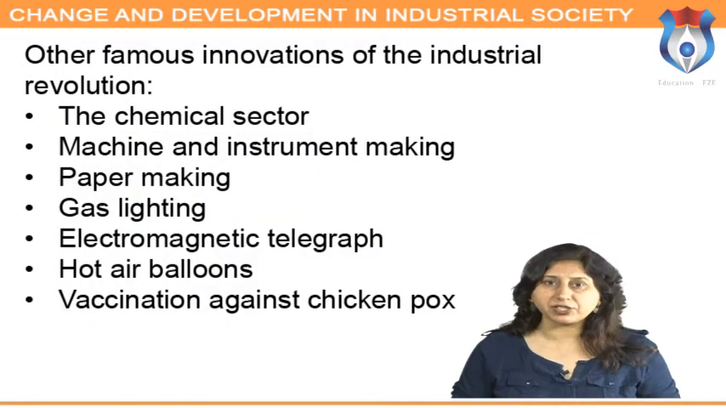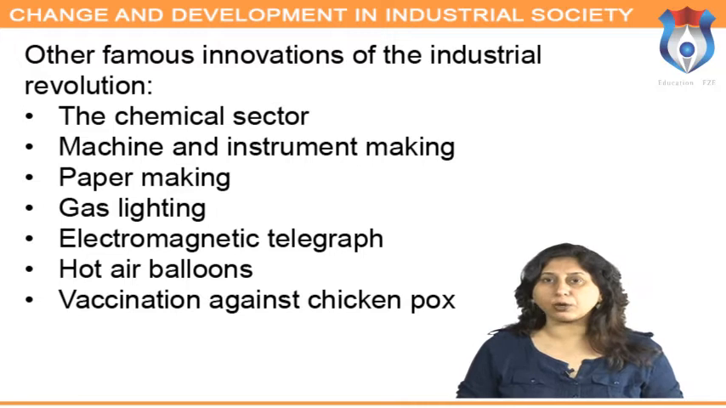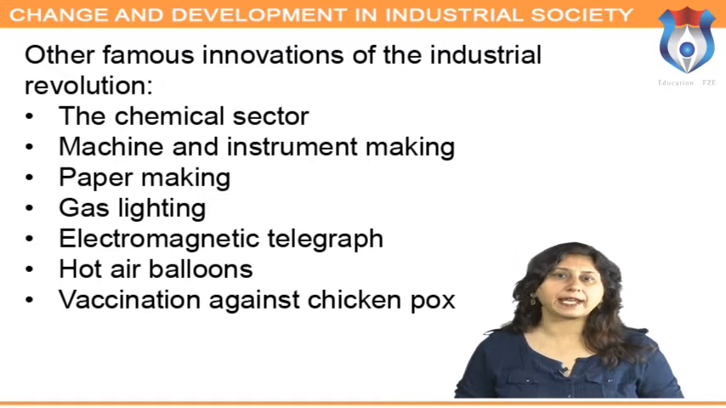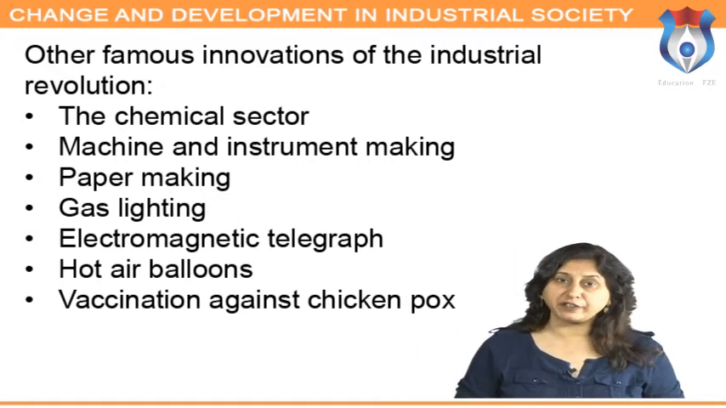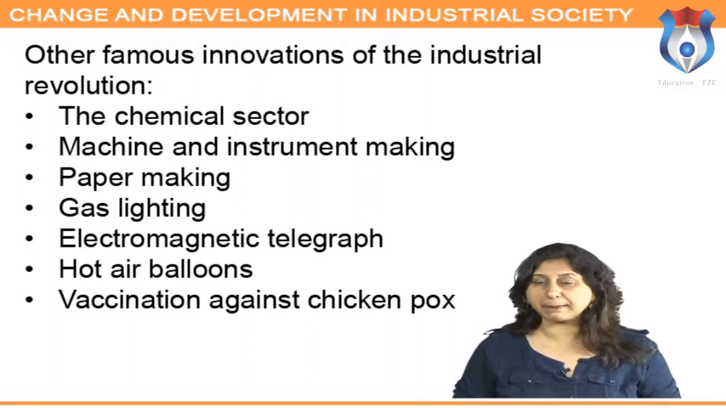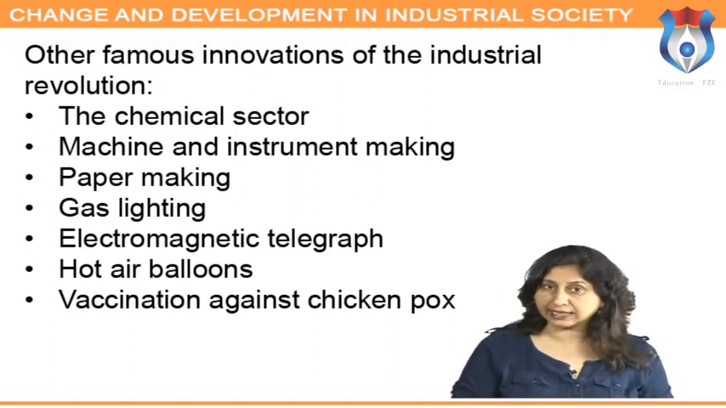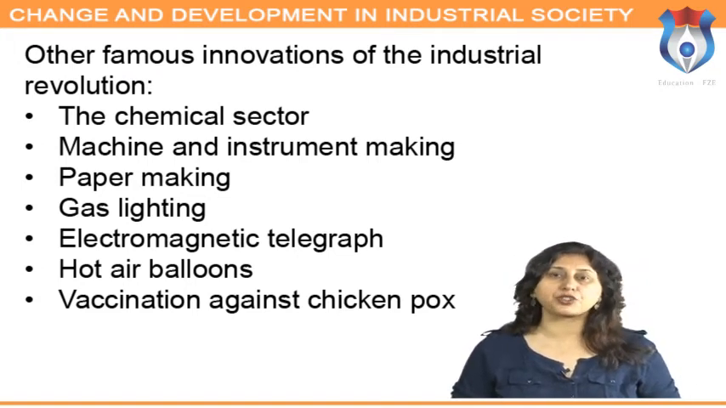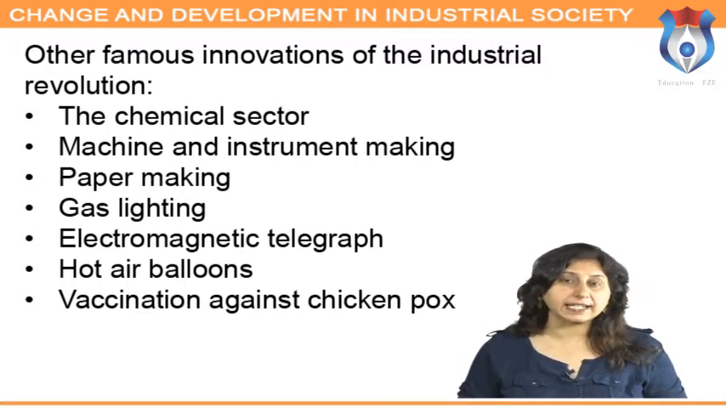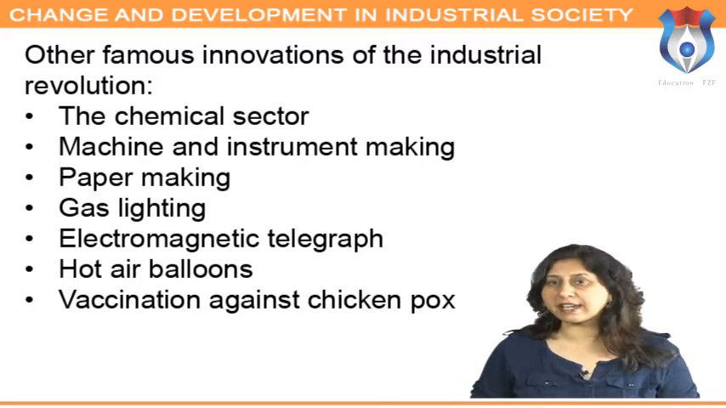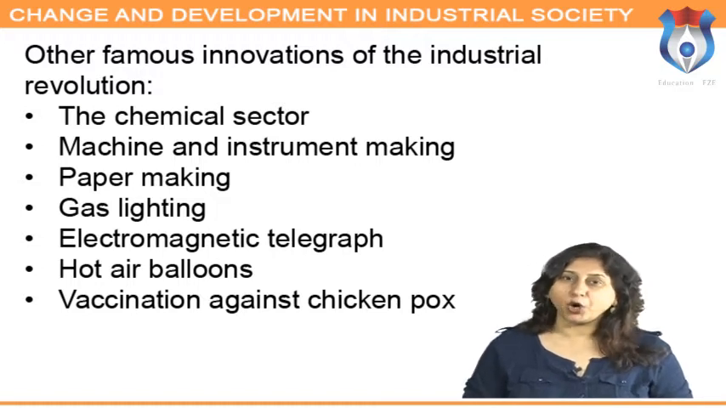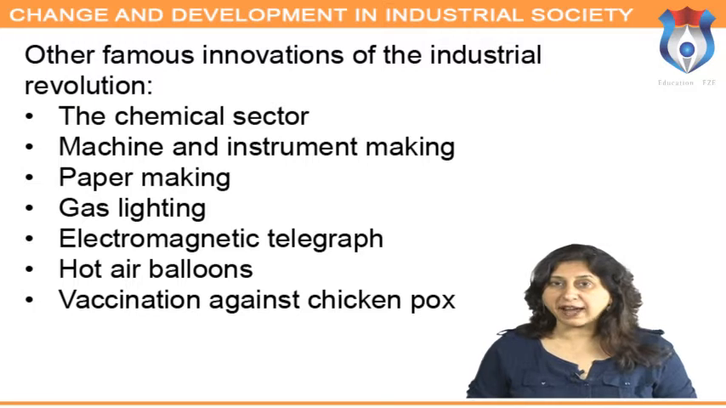Apart from these three major industries, a few small industries also left a mark on the Industrial Revolution. In chemical sector, two inventions were made. Firstly, manufacturing of alkalis by means of soda making process, and secondly, the use of chlorine for bleaching of textiles. Machine and instrument making: paper making machine in 1800, gas lighting in 1790, the iron bridge in 1779, electromagnetic telegraph machine in 1795, hot air balloons in 1783, vaccination against